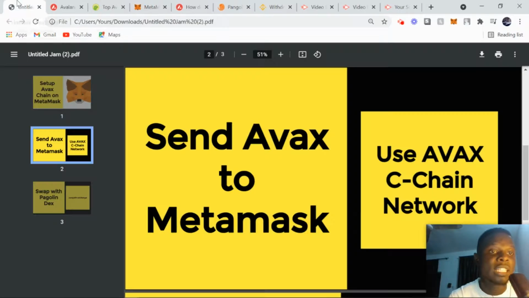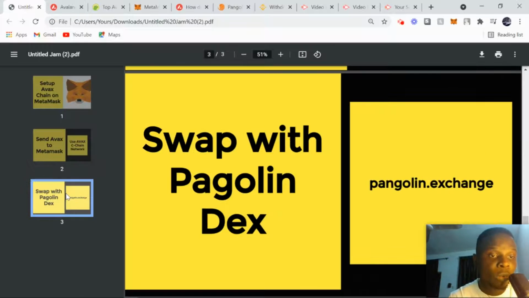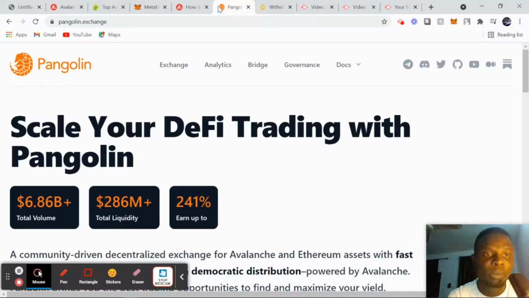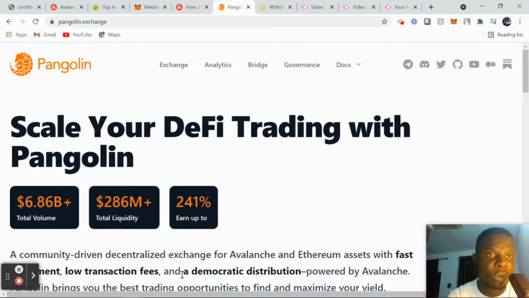So the next step is to swap with Pangolin Dex. To go about it, click on pangolin.exchange. You can open up the website. This is pangolin.exchange, the website that helps us swap these tokens.